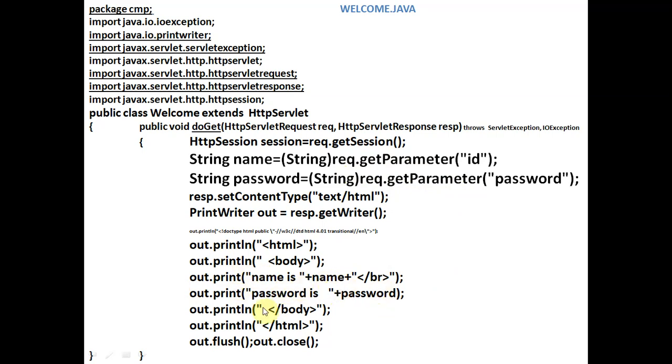Name is the value of name and password is the value of password. Name and password will be printed on the response, and finally we'll write out.flush and out.close.